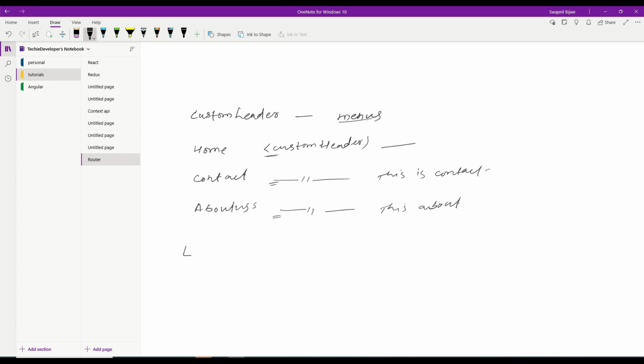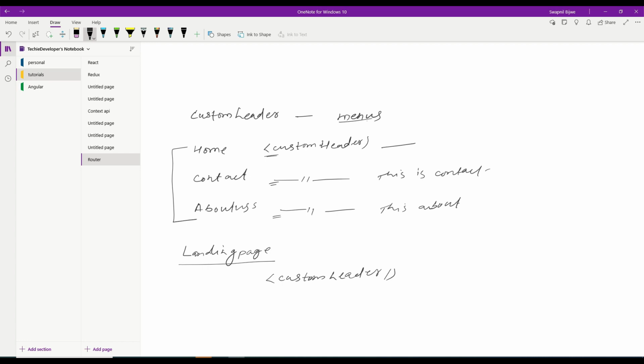I will create one landing page, and there I will include the custom header so that all the menus are present. On the landing page I will include the custom header.